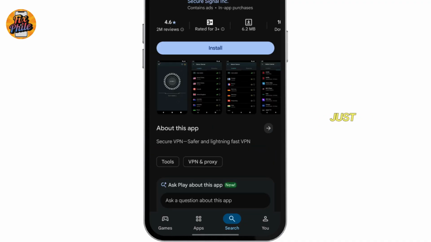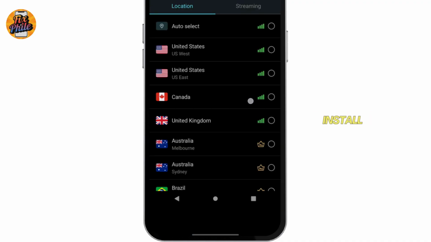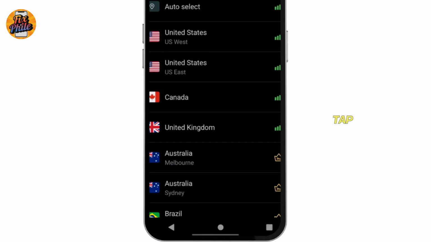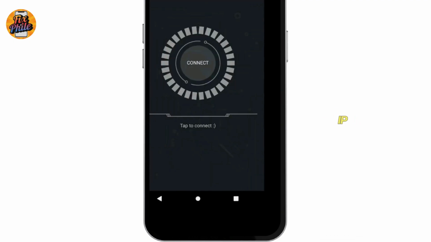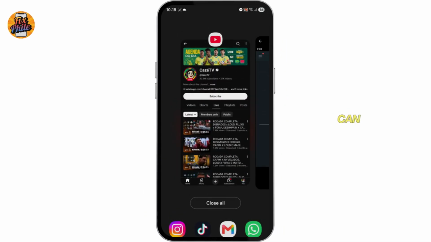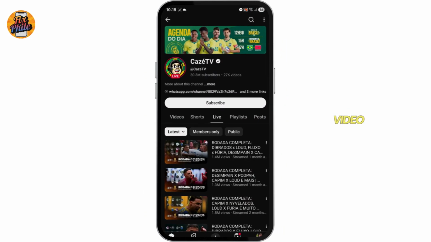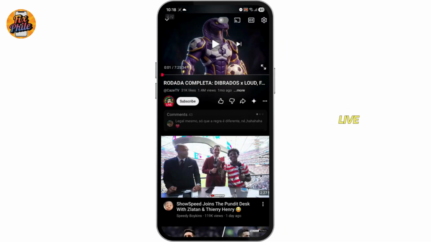Here are a lot of options. Just tap on something and install it and select Brazil. Here is the Brazil icon. After you install, tap on Brazil and your VPN or IP address will be set to Brazil, and you can head back and tap on any video and enjoy the live for free without subscribing to any premium